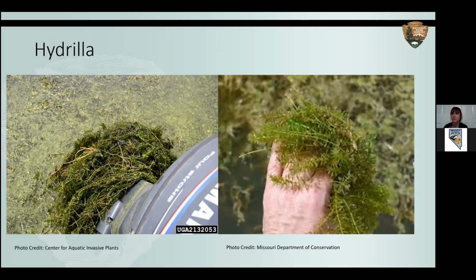It forms in these really big mats. So not only do boats get stuck going through it, but it's really gross to swim in. So recreation is negatively impacted. And then it, of course, negatively impacts the native species. It creates more shade than what's normal in that area, and changes the oxygen levels of the water and the salinity. So, it's a really important species that we want to prevent from getting to Lake Mead. We don't have it, and we don't want to see any of these kinds of mats in